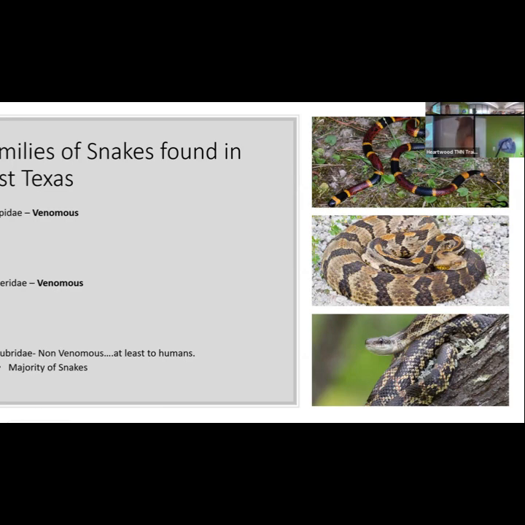This top picture is of a coral snake. Does anybody know who this guy is? It's a timber rattlesnake. Yes, it's a timber rattlesnake. So you can tell that by his orange coloring, and he kind of has this light orange stripe all the way down. They are threatened here in Texas. It used to be illegal to kill them. And they are only found in the piney woods. So it's kind of neat that they're here.